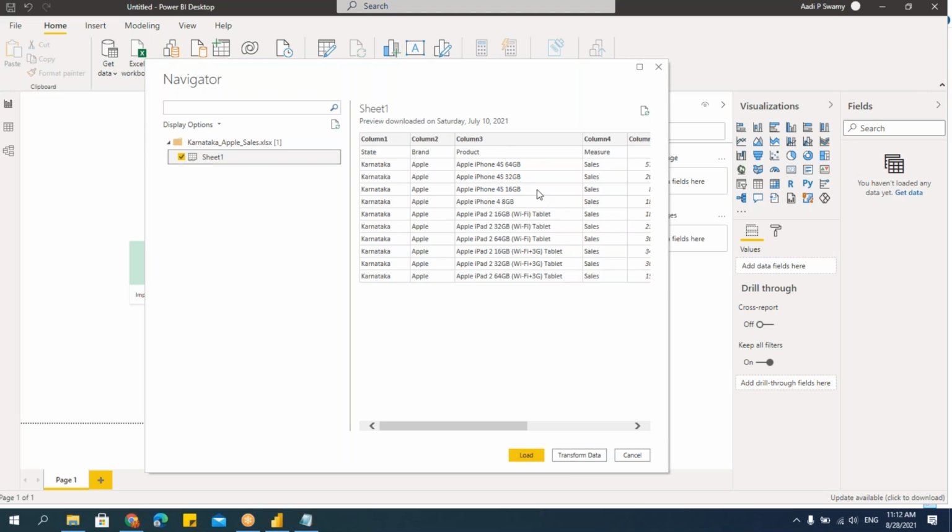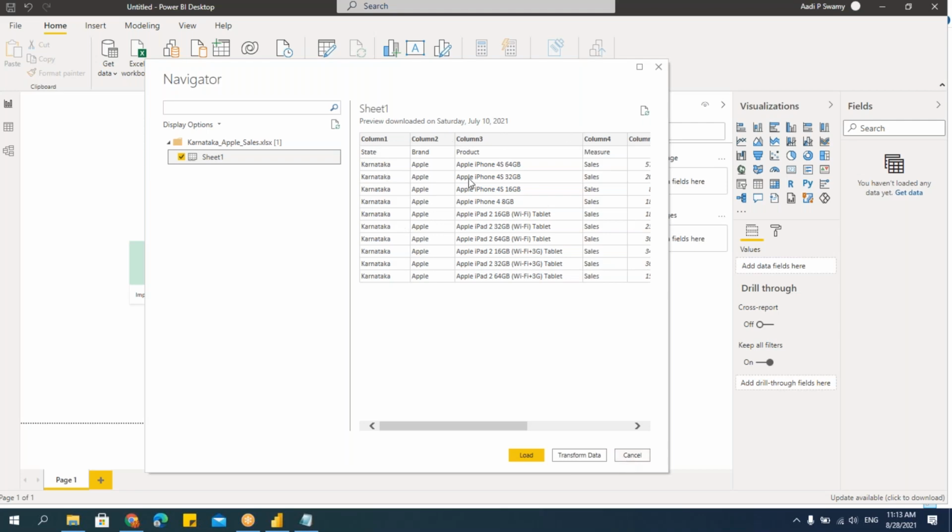While importing, I can see the preview, and then here I'll get Load, Transform, Cancel. Load will load the data directly into Power BI Desktop. Transform will take me to another window which is called Power Query Editor. That we'll discuss in the next session. Now we'll just work only on Load.